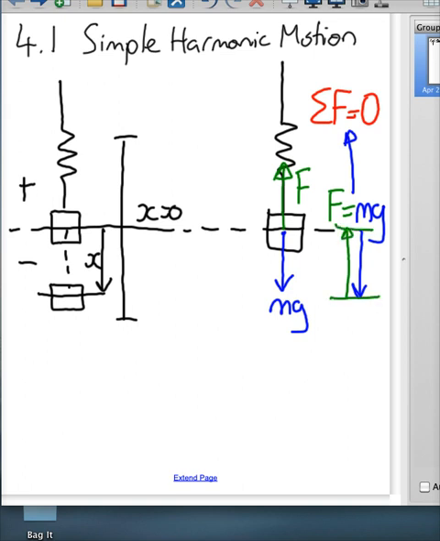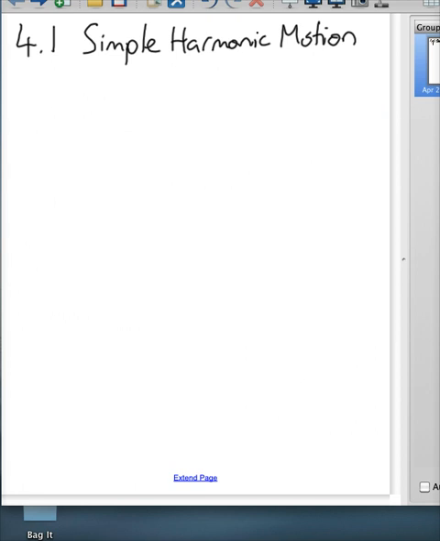Overall we get back where we started and the resulting force is 0. Okay, so that's in the middle where it's just resting. Now something interesting happens